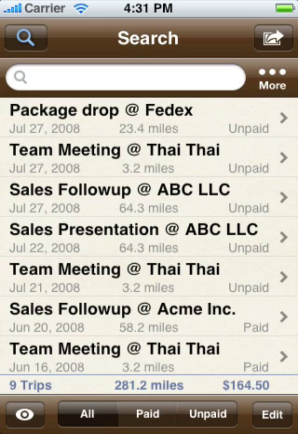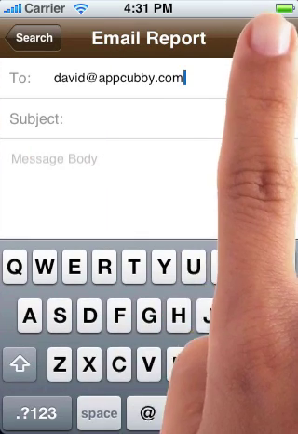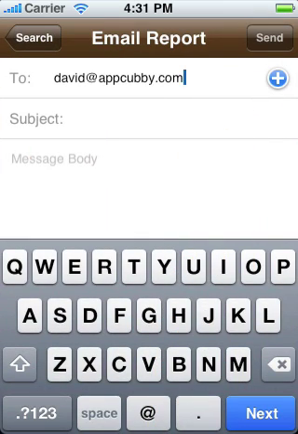Now let's email a report. Let's say it's the end of the month and you need to send the company accountant a list of all unpaid trips. Just tap the Unpaid button and tap the Export button. You can type in an email address manually or select one from your address book. Once you've sent your first email, TripCubby will automatically fill in the To field with the last email address you